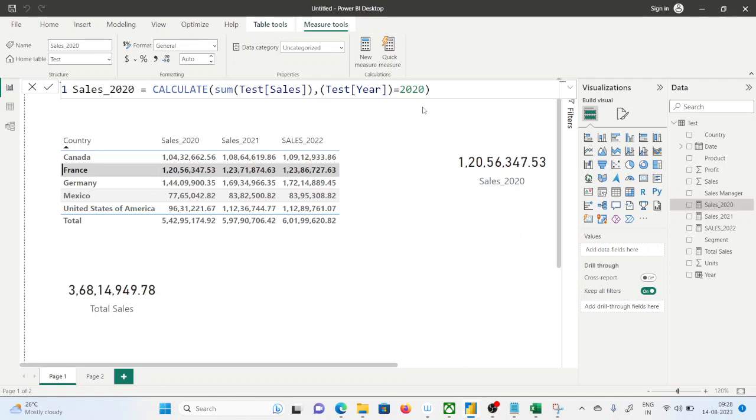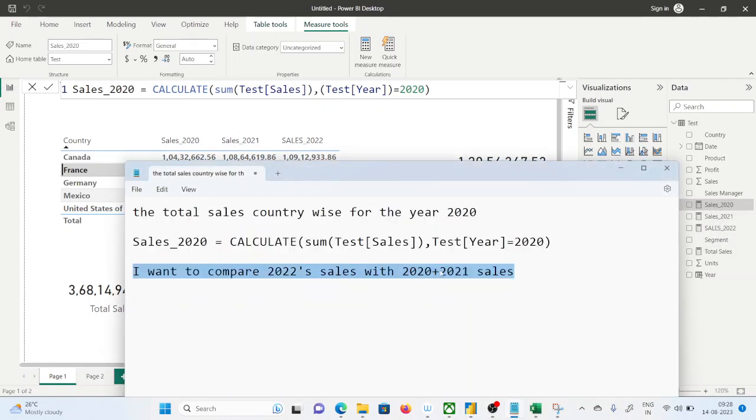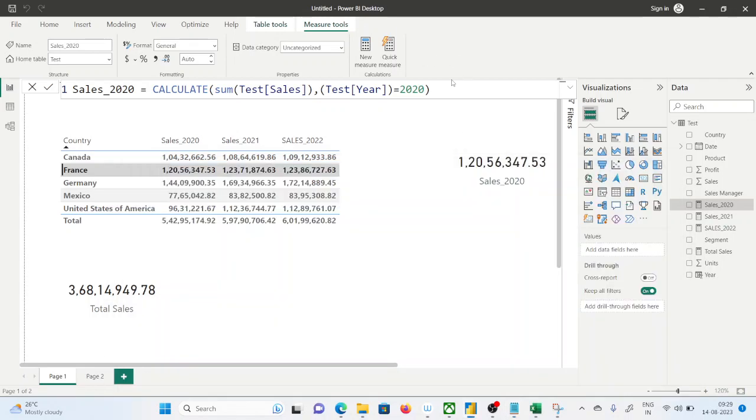Okay, so now if I want to check the combined sales of maybe 2020, what was the question? 2020 plus 2021, what you can do is create one more measure,